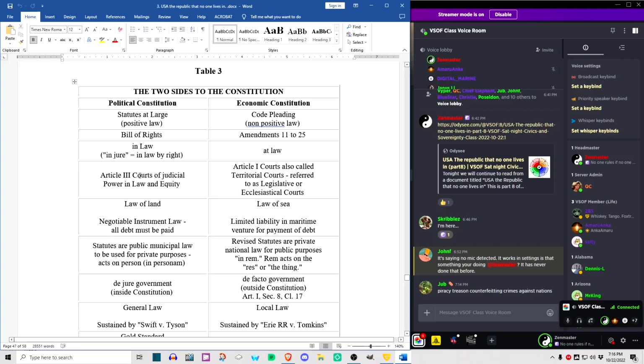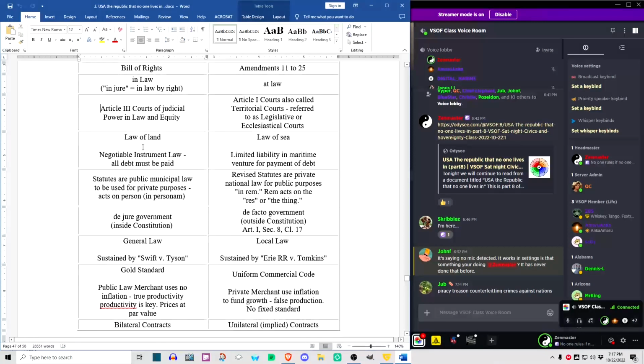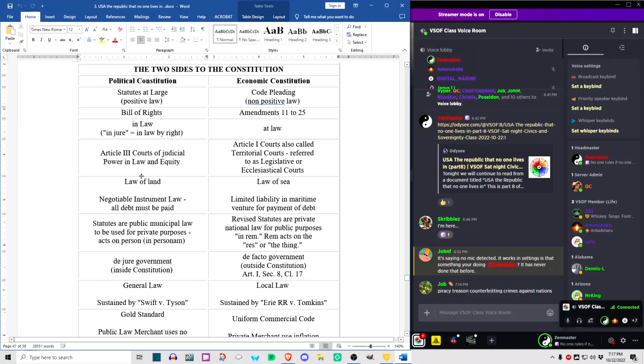And the only time that you would really be dealing with equity in this side correctly would be if it were some sort of a violation of a contract. Like somebody didn't uphold their end of the bargain of some written contract. That's where equity would come in. So this side is the law of the land, this side is the law of the sea. Even though technically under the actual Constitution, the federal government does have jurisdiction over maritime amnesty issues, that's fine.